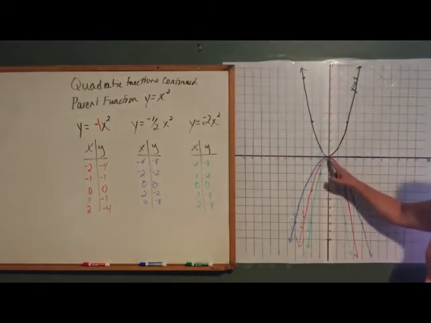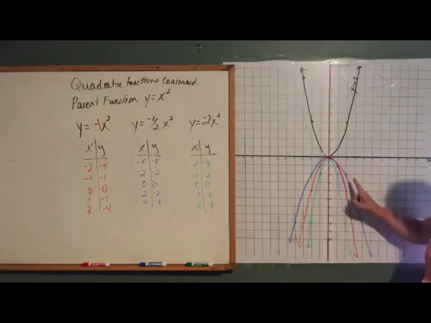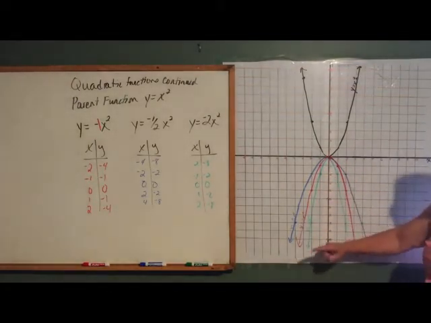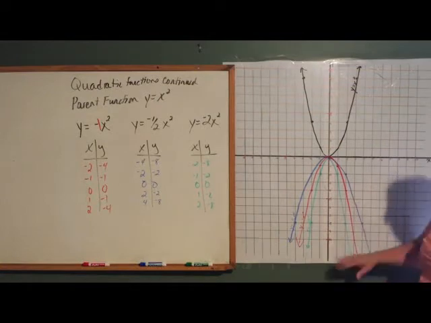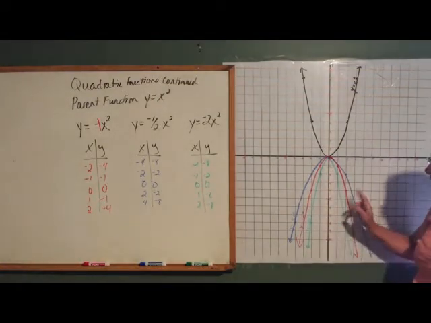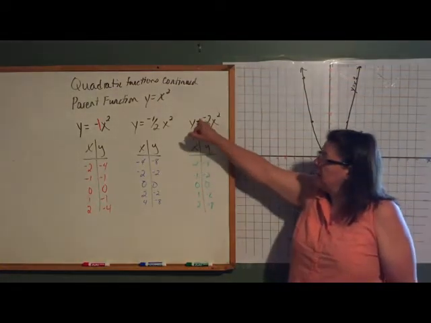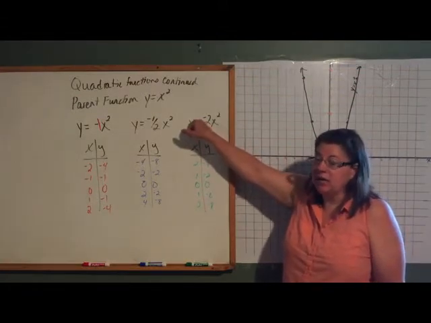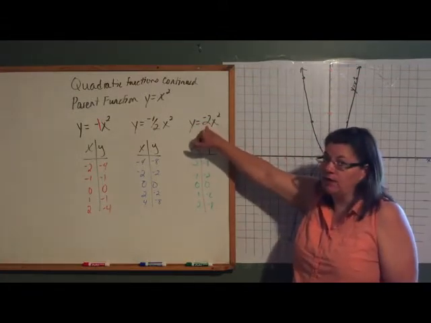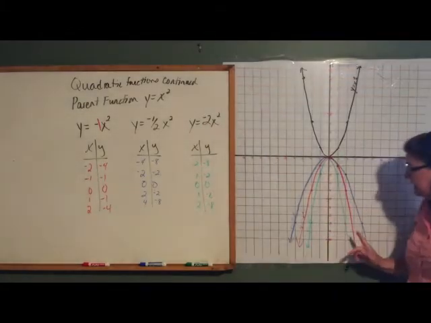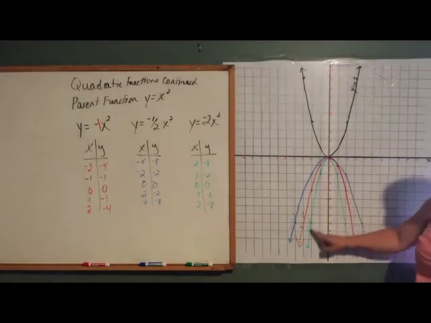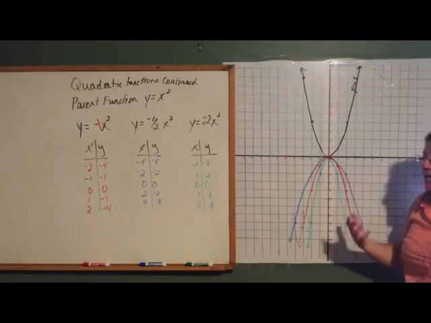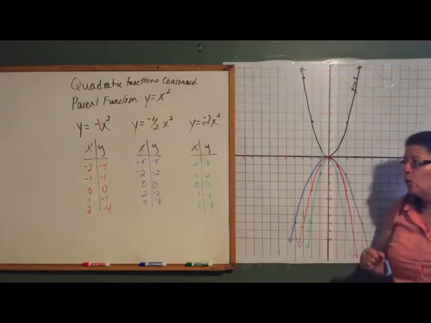If you look here at the blue one, these are the points that correspond with the ones that I chose there. So in fact, it is wider than the red function. For this one, negative, I'm predicting it's going to go down, and then it'll be narrower than the red function. And in fact, that is what happens. It's here in green. And so you can predict based on the a value in front what's going to happen